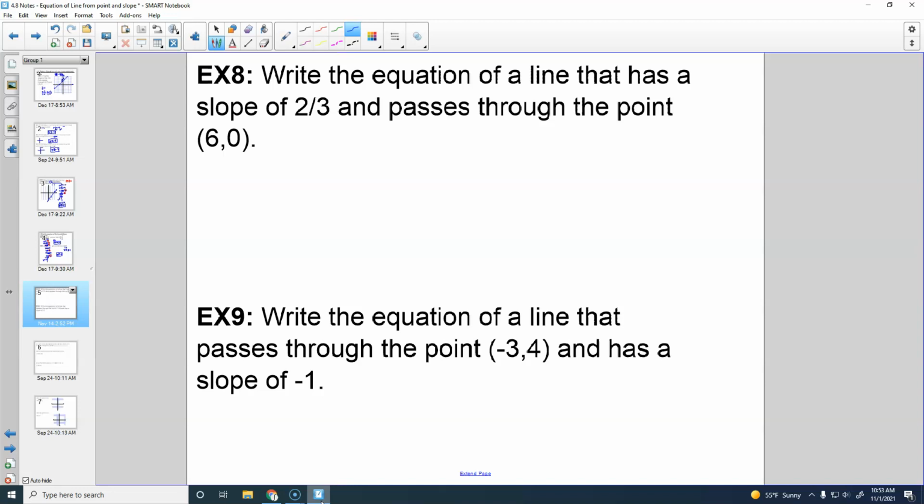Almost got that one perfect. Right here. What's your negative 4? Right, 0 take away 4 is negative 4. Make sure